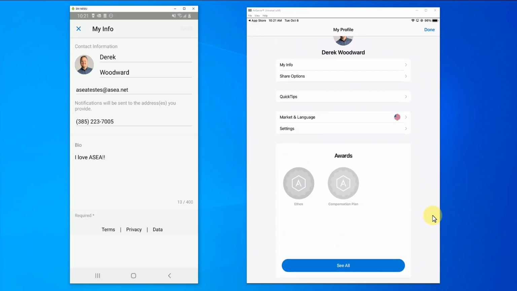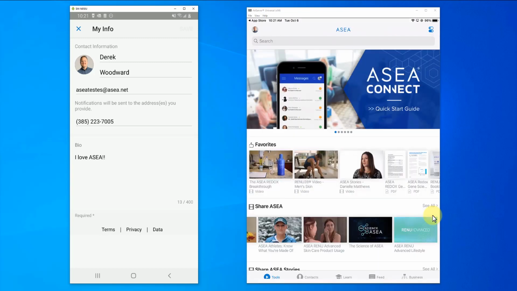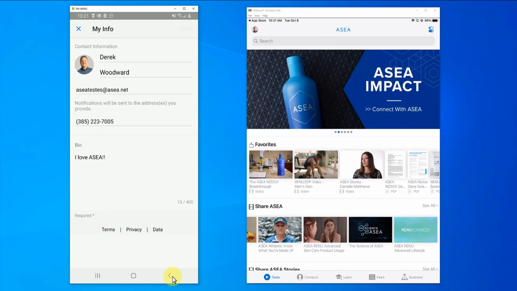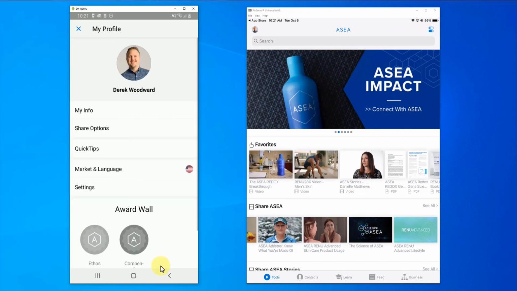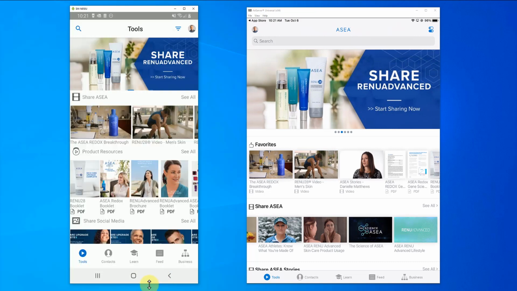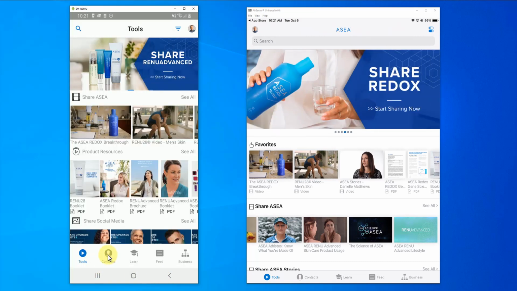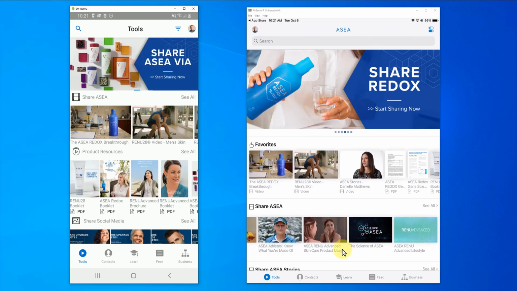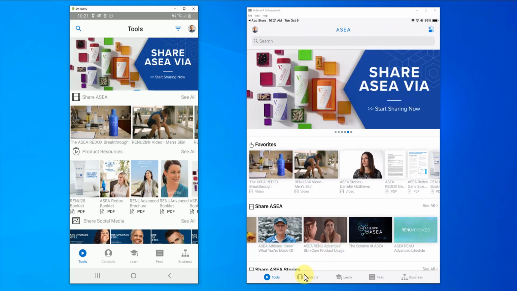So a couple other areas to show you here. We'll get into the awards here as we start talking about our Learn. This next bit that I'd like to talk about here, let me review here, is going to be talking more about the contacts and how we handle contacts when we're adding contacts to our app and how they sync over to the desktop app and things like that.